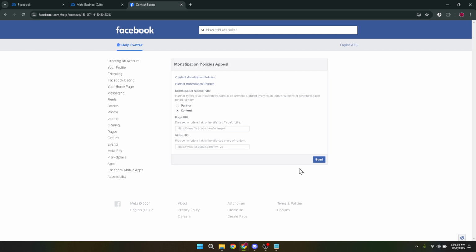While you wait for a response, it's a good idea to review Facebook's advertising policies again. Sometimes restrictions occur due to a misunderstanding of the policies or a minor mistake that can be easily corrected in the future. Understanding the policies in depth can prevent future issues and help you craft more compliant and effective ads. Remember, the appeal process is there for a reason. Mistakes can happen, both on the advertiser's end and Facebook's end. This process gives you a chance to rectify those mistakes, make your case, and hopefully have your ad account restrictions lifted.